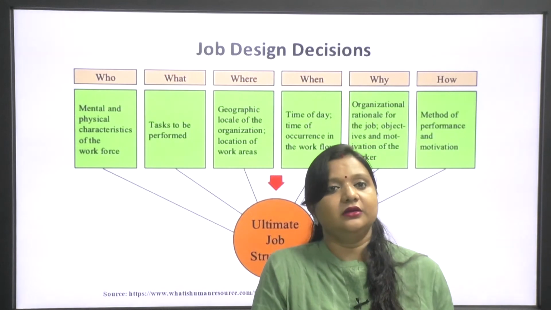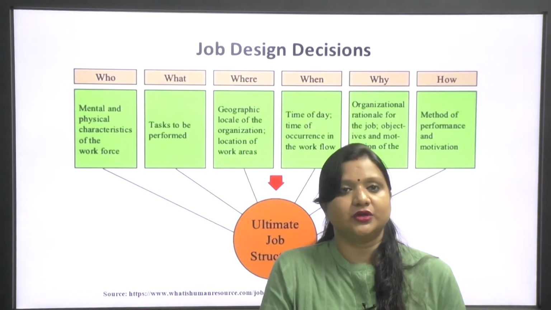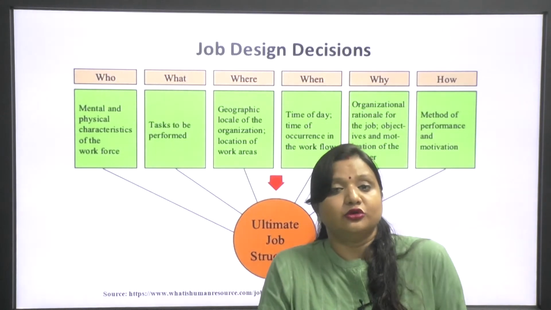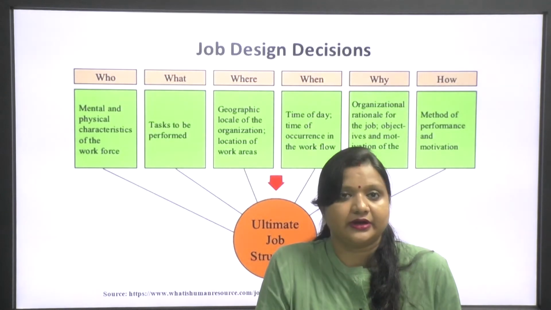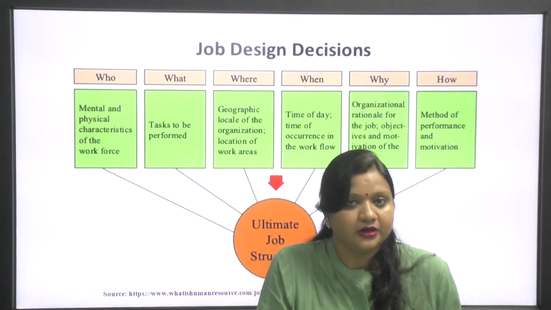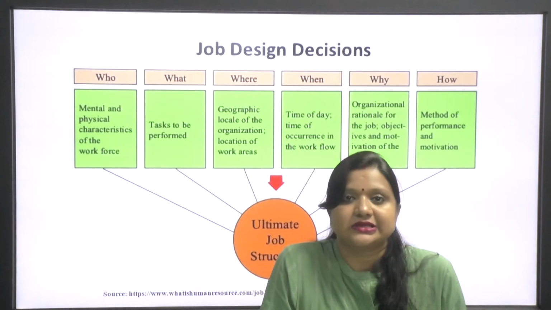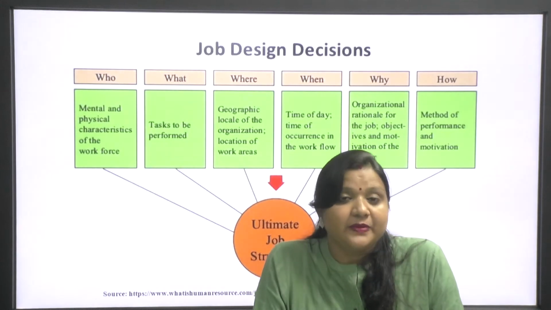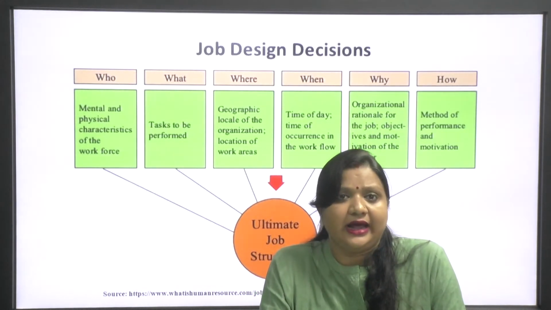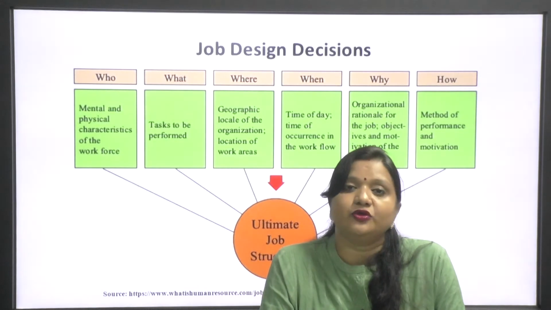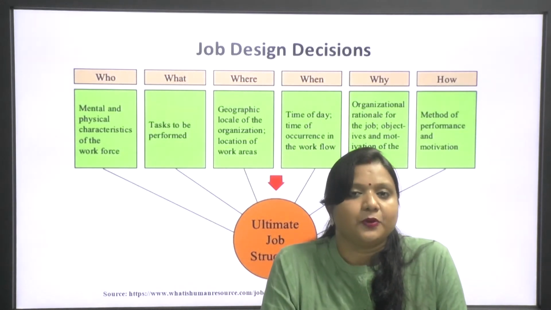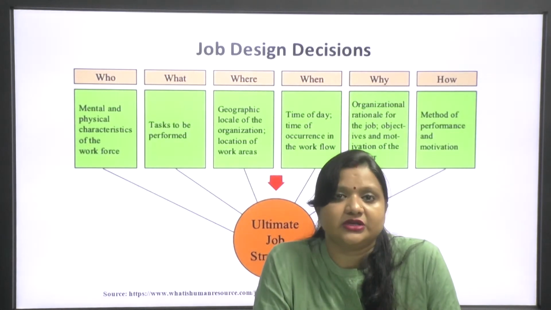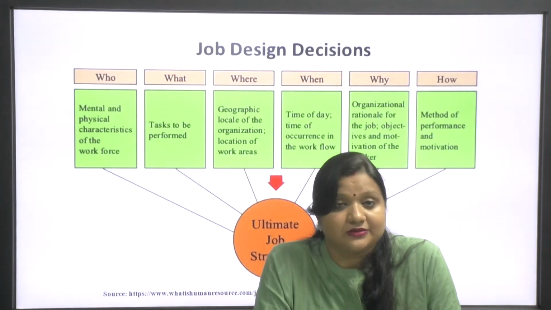What means, if an individual has those mental and physical characteristics and is brought into the organization, which type of task they will perform in the organization, what task they will have to perform while doing that particular job. Where means at what location and in what areas they have to work, basically the proper placement of the individual employee. This question is answered by the aspect where.